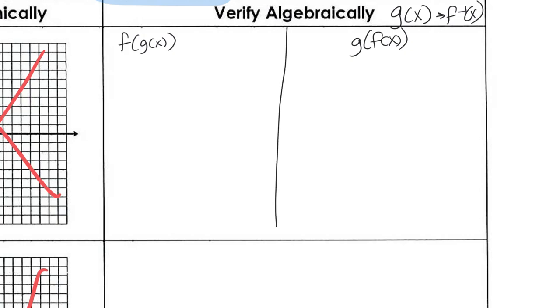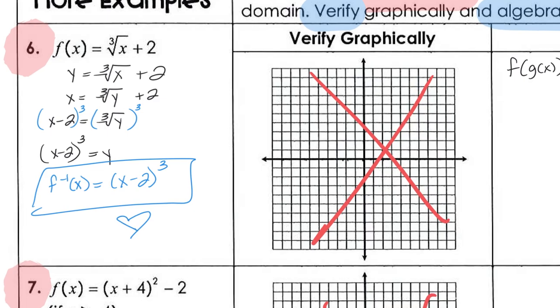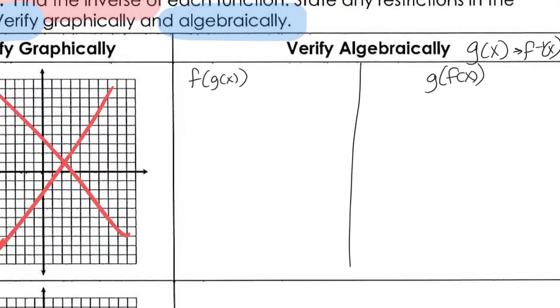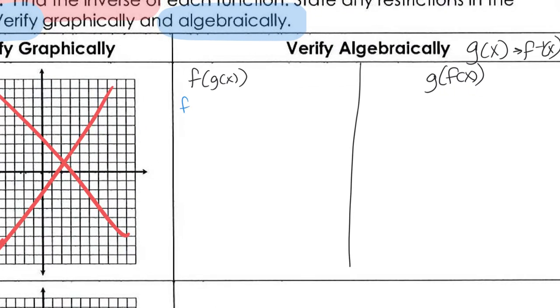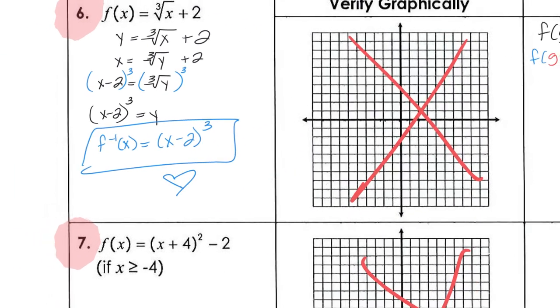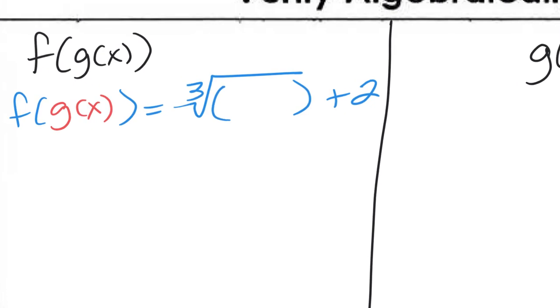So my original function was the cube root of x plus 2. So everywhere there was an x, I'm going to leave a space, and I'm going to fill that space with what we determined